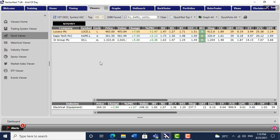VectorVest.co.uk blog that I started again a couple of weeks ago, and I'll be updating that every Thursday from now on. The shares, Lasico, Cape Tech, 3i, I've been speaking about them at the Monday afternoon Q&A sessions as well, and I found these stocks from the worry-free watch Unisearch, and as you can see, all of the shares have